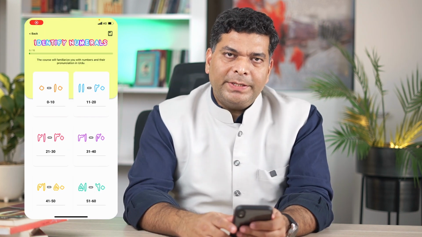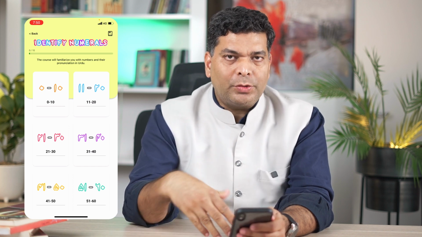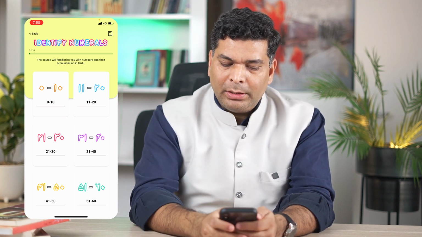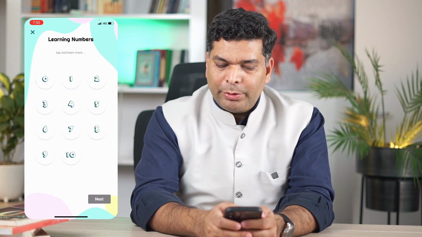Now we come to an important part: how do we write numerals or the numbers in Urdu, right? That's what we are going to look at. Obviously, like all other number systems, the important numerals are from 0 to 9. So we'll just look at the numbers from 0 to 9, and that would help us understand all the numbers. So for example, on the app, if you see here, then we've got these numerals 0, 1,